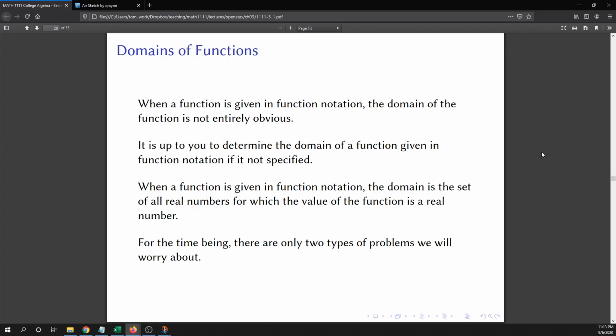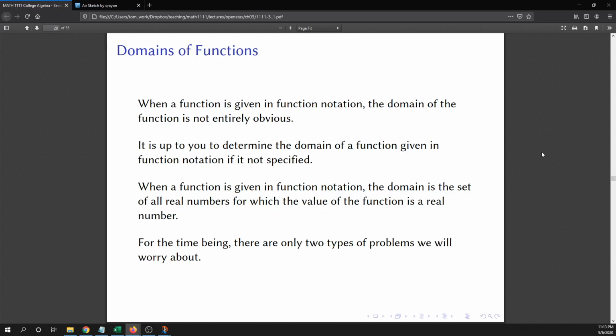All right, in this video, we are going to talk about finding the domain and range of functions. When you're given a function that's written in function notation, the domain of the function is not entirely obvious. So when you're given a function like that, it's pretty much up to you to determine the domain of the function. If you remember back when we talked about writing relations and functions as sets of ordered pairs, it was really easy to find the domain